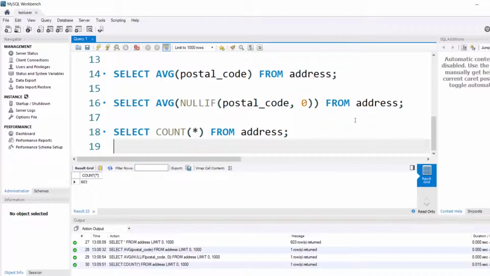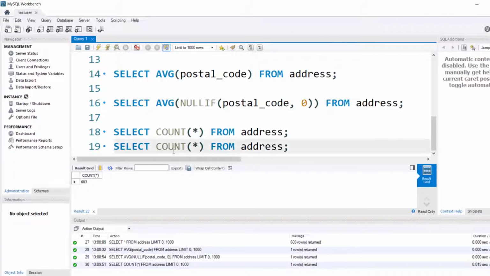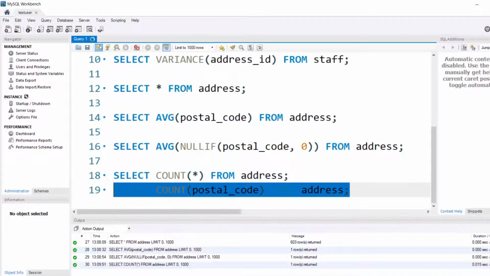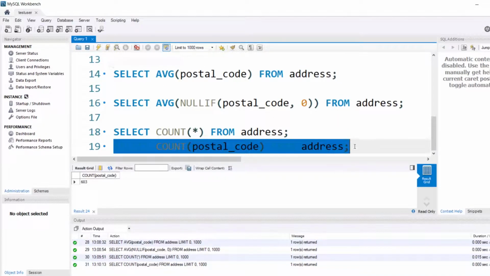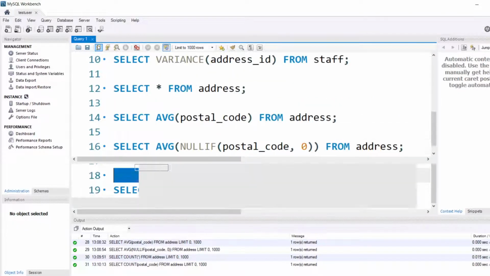Now if I want to individually count the values in postal code, I can just do that like this. It is 603, same as count of star from address, I guess. What was the earlier value? Yeah.